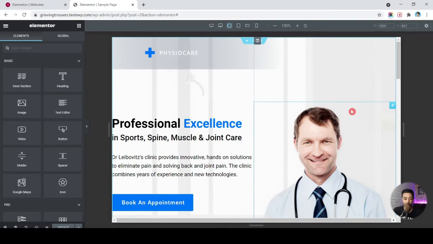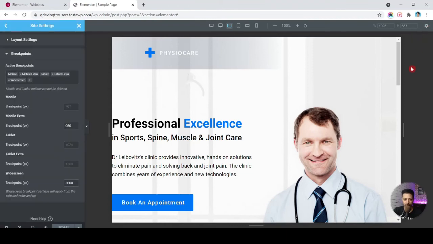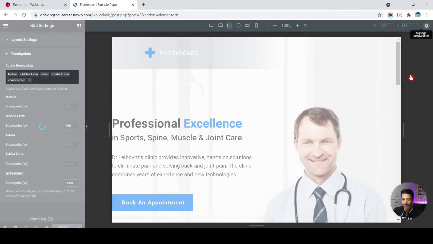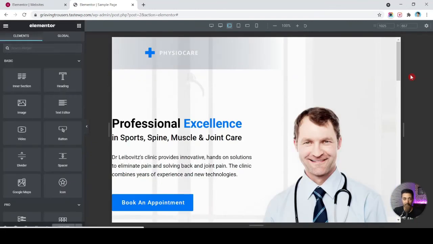So as of now, it looks pretty good in its initial stage. And the only thing is that when I click on this wrench icon, it goes to the site setting, and then when I again click on this wrench icon, it takes a bit of time to go back to the editor. Along with that, we have just seen that when I added a custom breakpoint of 950, it was not updated instantly. I had to refresh the page again, and then it was showing the correct value here. So it's not updating these values when we are coming out of the site setting and going back to the editor. So for that, I need to refresh the page again.